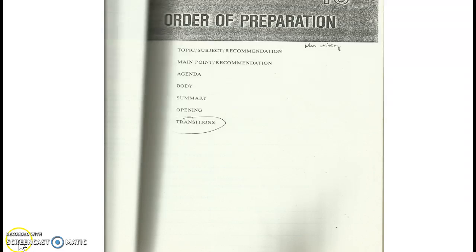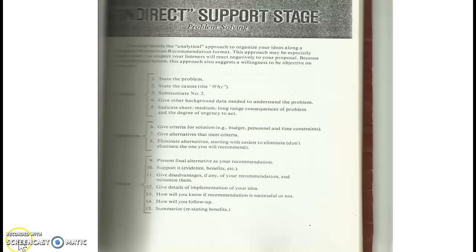Here's an order of preparation. And this is the support stage. This is where you're going through the meat of your presentation. So you talk about the problems, the causes for it, other background, short, medium, long range consequences of the problem, and then what must the solution do. So this is how to be persuasive, after your SWOT analysis, this is how you cover each